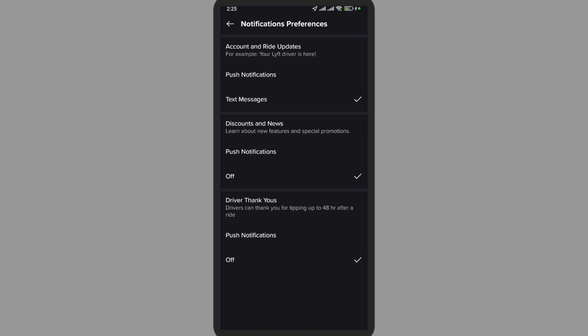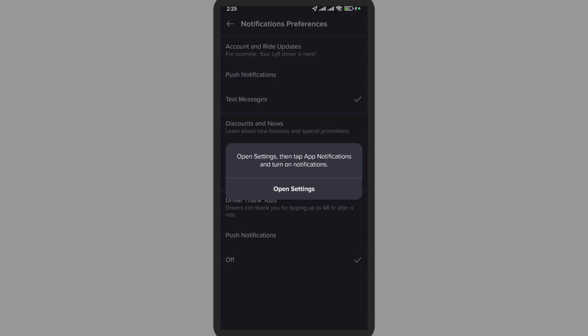So make sure you turn it all on. So here there are different subcategories too. So simply turn on, and you can even directly turn it on by going through your